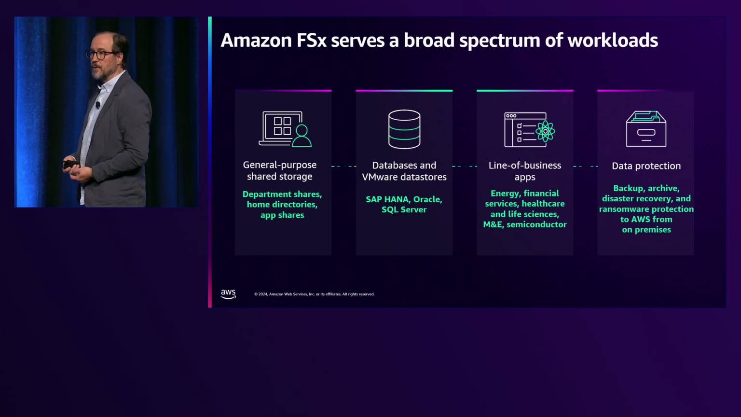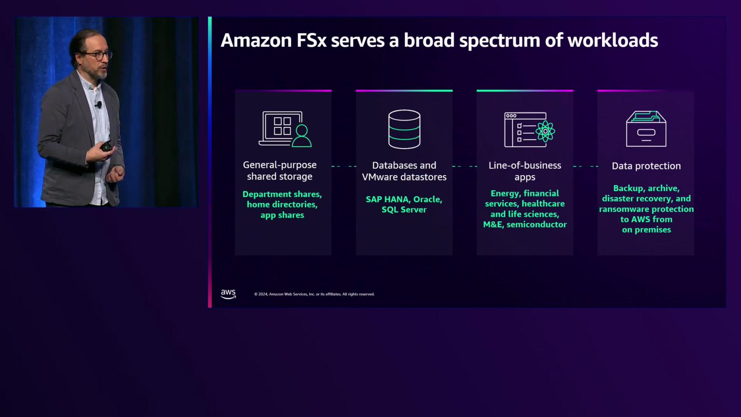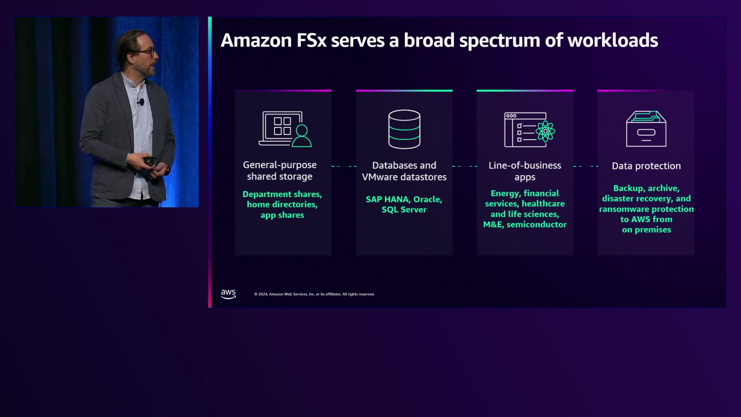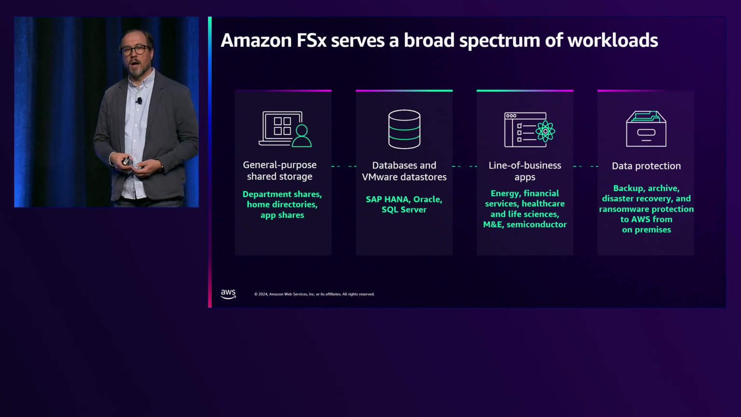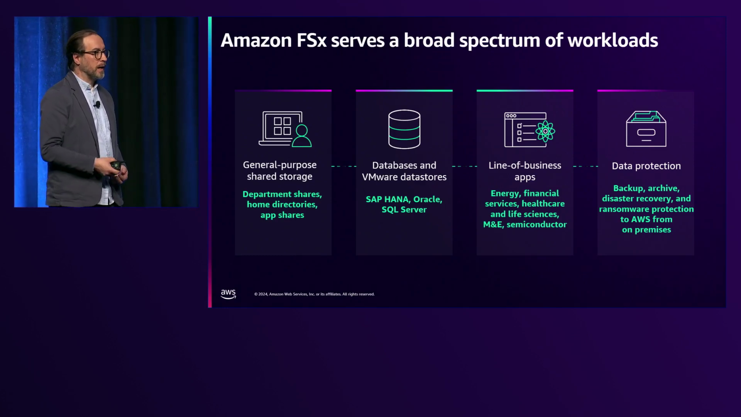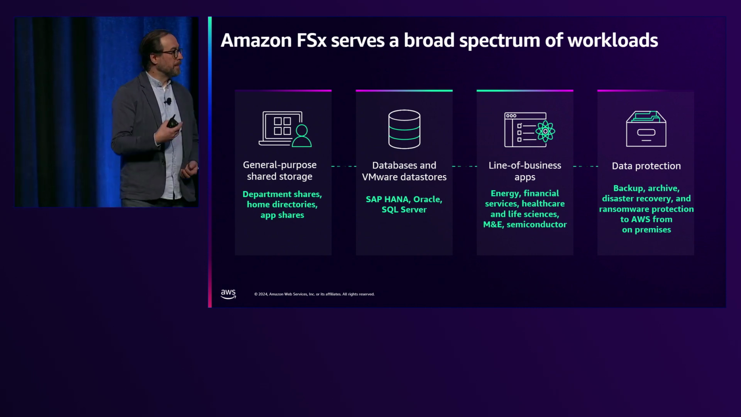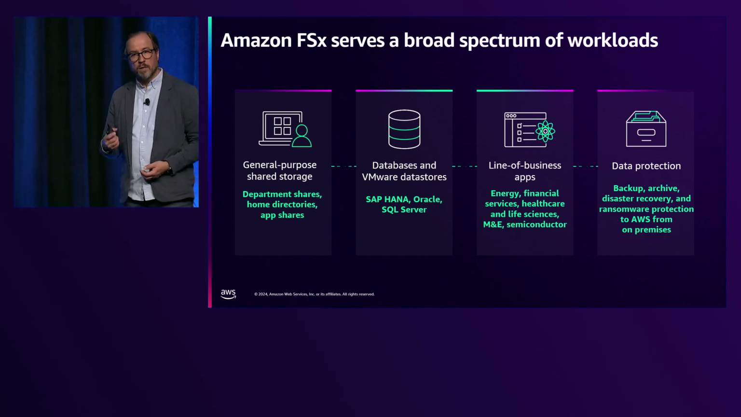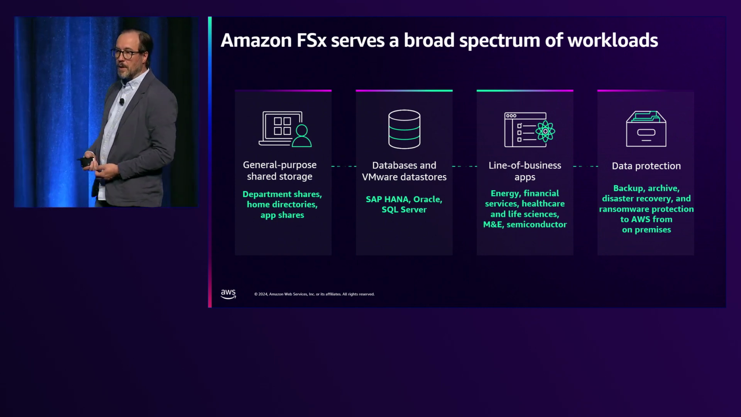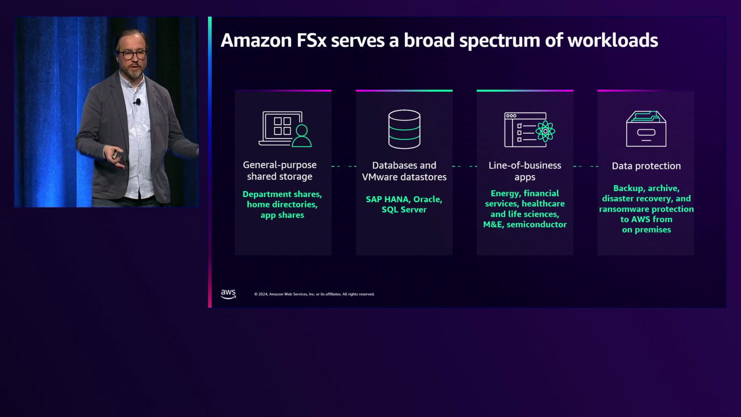Different types of line of business apps. Earlier I mentioned a couple of these, but you have energy with things like seismic and reservoir simulation, financial services where you're running applications like backtesting and risk modeling, healthcare with PACS imaging, life science, genome sequencing, M&E, video editing with things like Adobe Premiere, transcoding. You've got semiconductor EDA use cases where you need really high performance for lots and lots of really small files. These are all very popular line of business workloads we see customers adopting a wide variety of FSx services for,